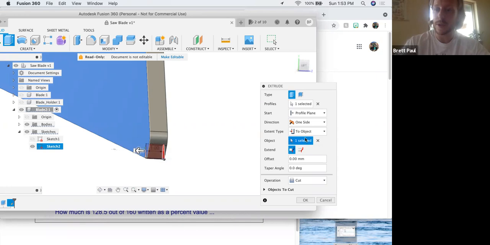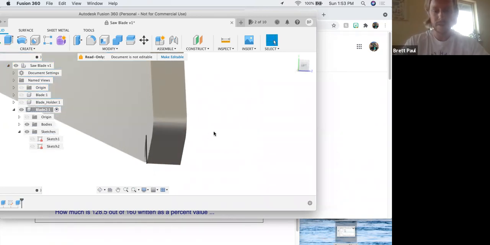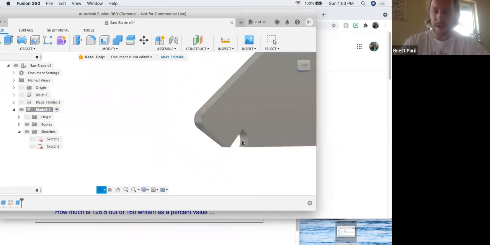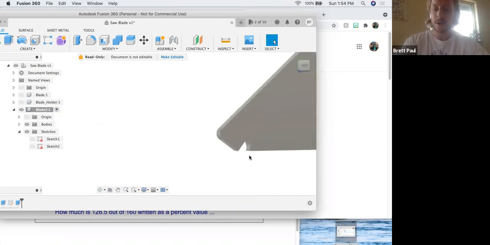So make sure to do to object, and again, click the other side, and you'll see that it cuts it all the way through. And the last step to making this blade is going to be to